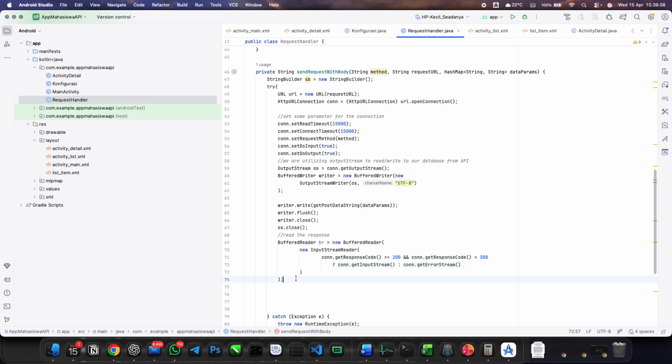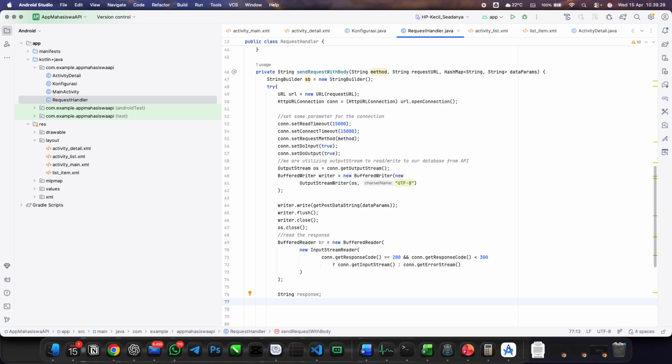Okay, now we will see the response. The response later on will be shown in our system utilizing the toast. Toast is like a small notification about the response.